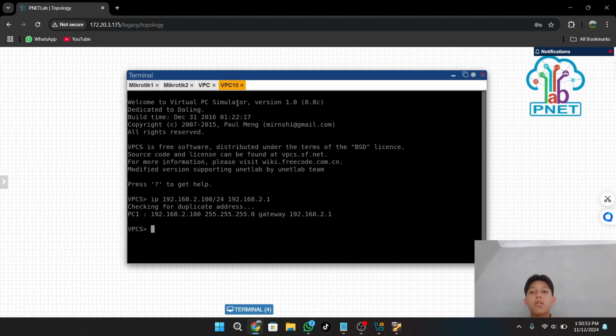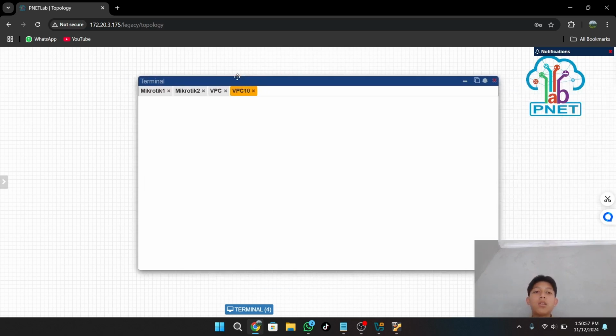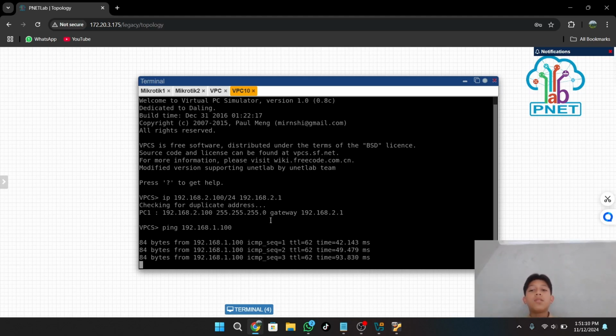And for VPC 2 to VPC 1, you can ping again like before, ping 192.168.1.100, and enter, and it is successful.